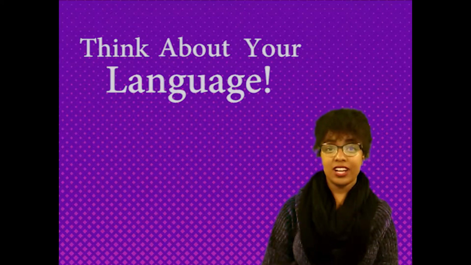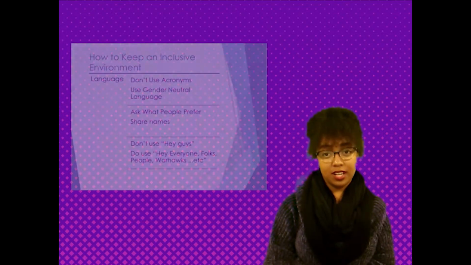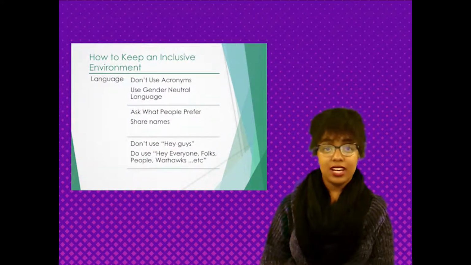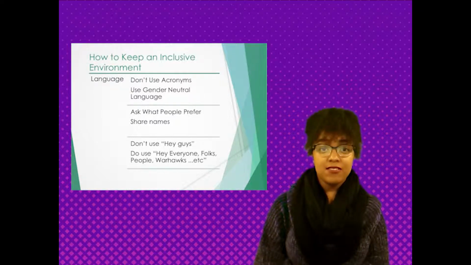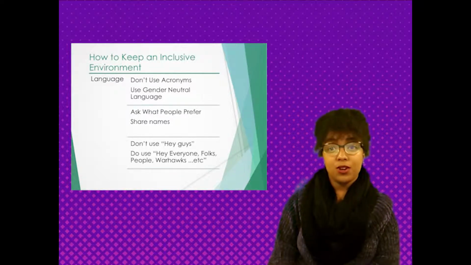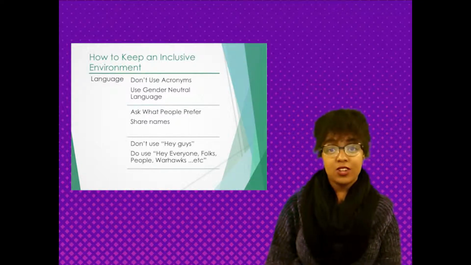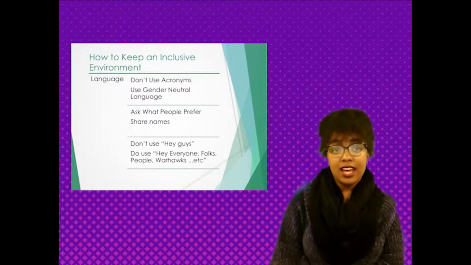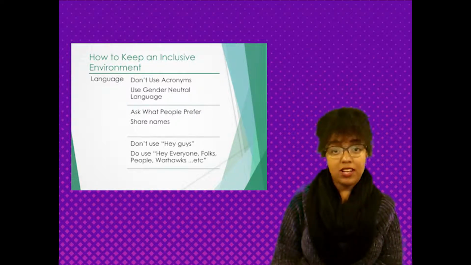If you are a leader in an organization, say you're on the executive board or some committee, there's a good chance you'll be speaking to several people at once or to a large group. There are two very key things to remember while you're communicating. Number one, try not to use acronyms right away without explaining what they mean. Not everyone, especially the new members, will know what CLD, WCC, or AMA all mean. Nobody wants to be confused during a meeting and feel like they're the only one not following along and be afraid to ask a stupid question.